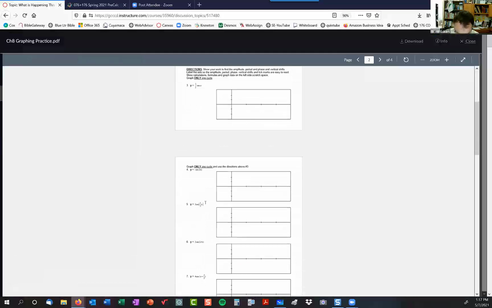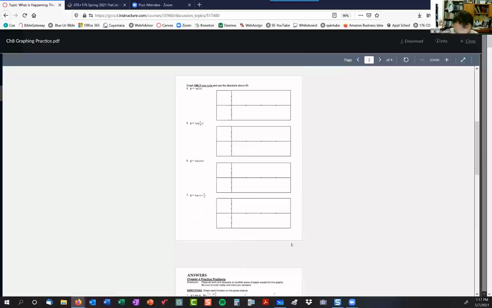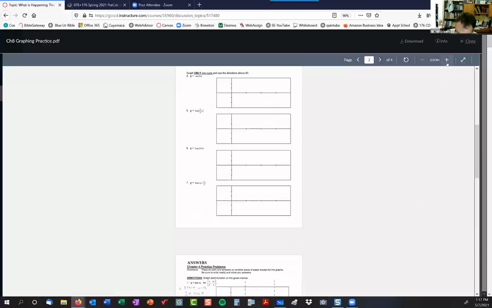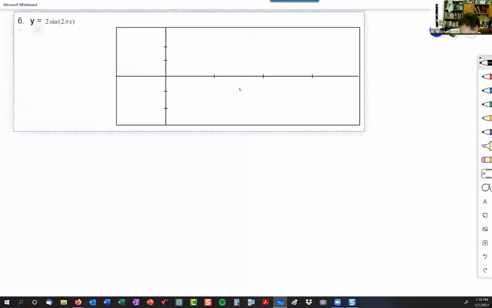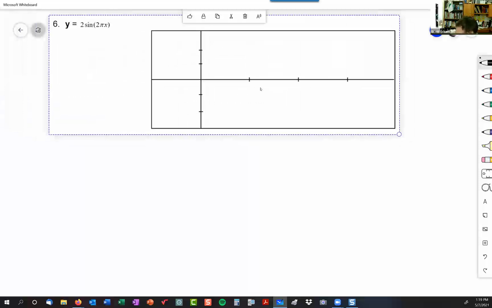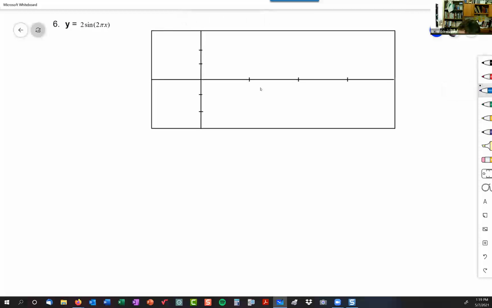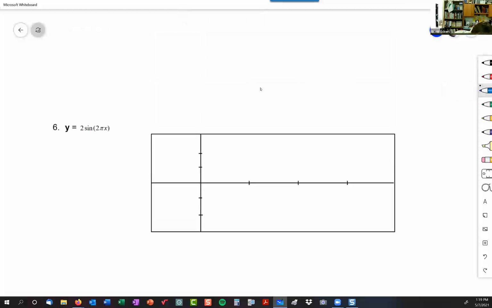I'm going to give you an equation. I want you to graph it. Let's do one of these together. So it's very similar to what we just did. What we just did is we had a picture. If you have a picture, you have to find amplitude, period, horizontal shift,